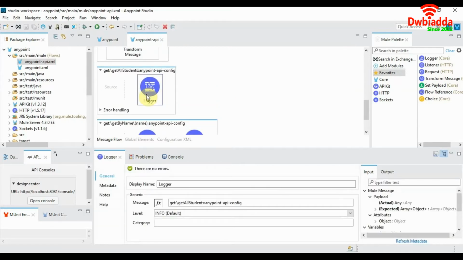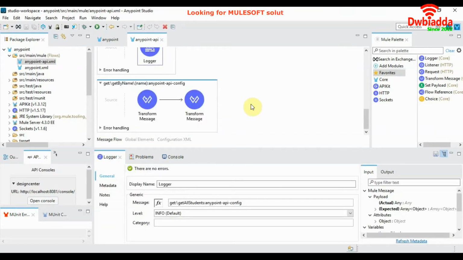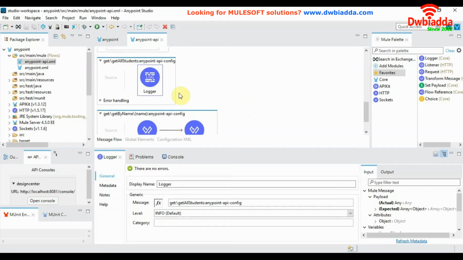So we'll have to modify these two flows and design a flow for each of these endpoints and make sure that the required payload is being returned back to the server for each API call.